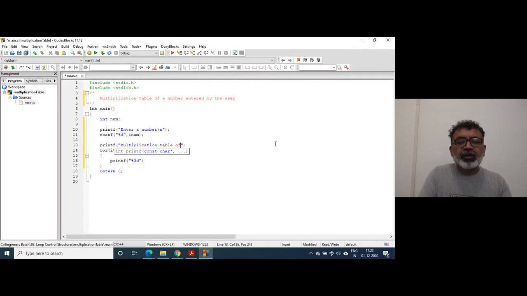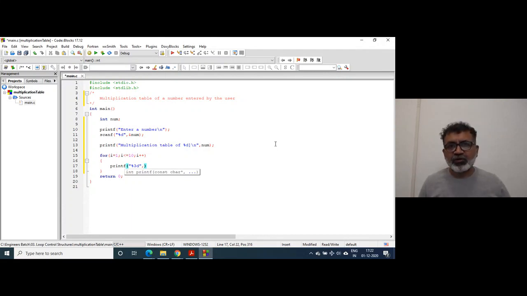Multiplication table of %d, num. If you have a machine, you can type and run the program along with me. You may not be able to type the way I type, or you may be typing at a faster pace than me. I don't know.